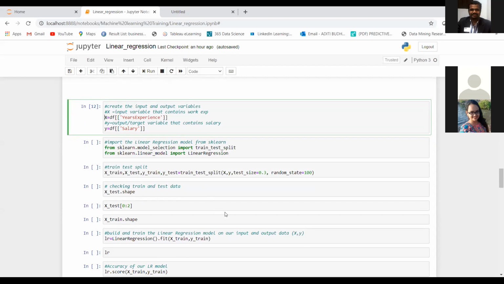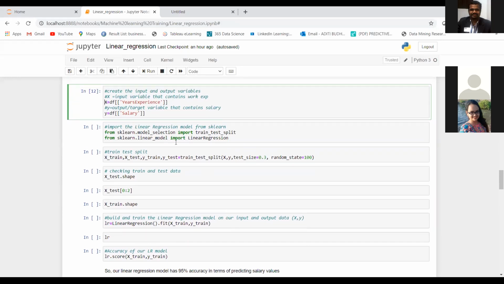Now let's create our linear regression model. Creating a model is very easy in Python. You just have to use this sklearn library. This is a library that is very famous, very popular for machine learning. It has all of these machine learning algorithms in it.